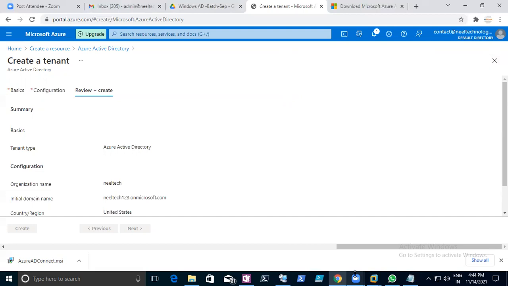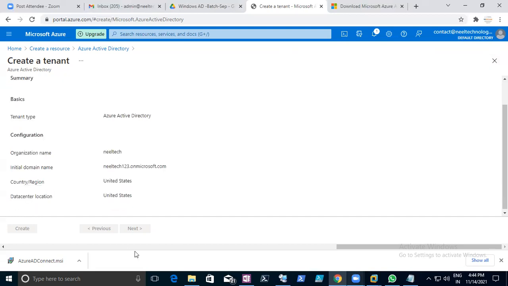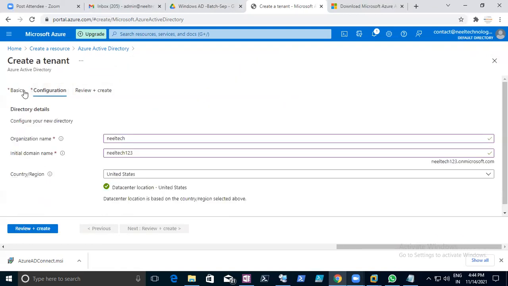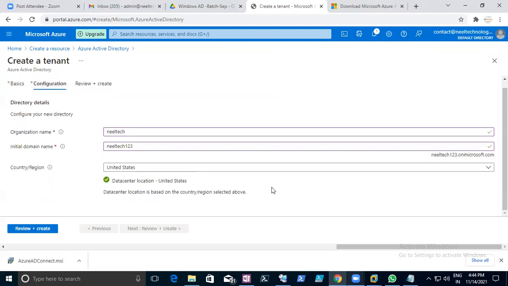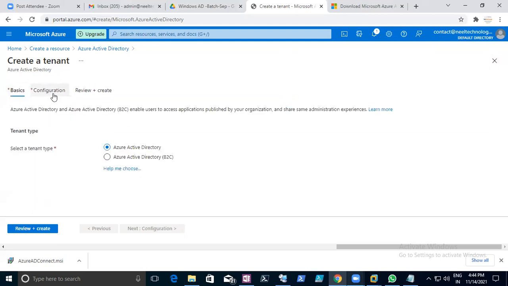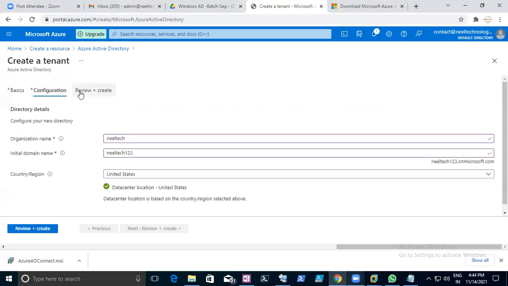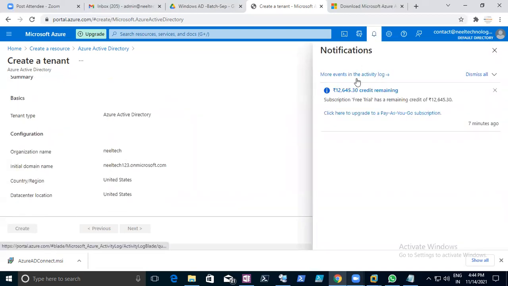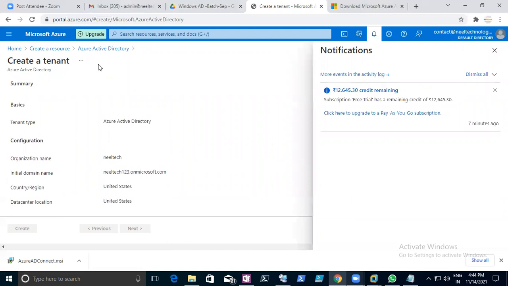Now they have changed it to Azure Active Directory. Any steps I'm waiting for here? It's done, right? Why is it not choosing? Nothing is there.